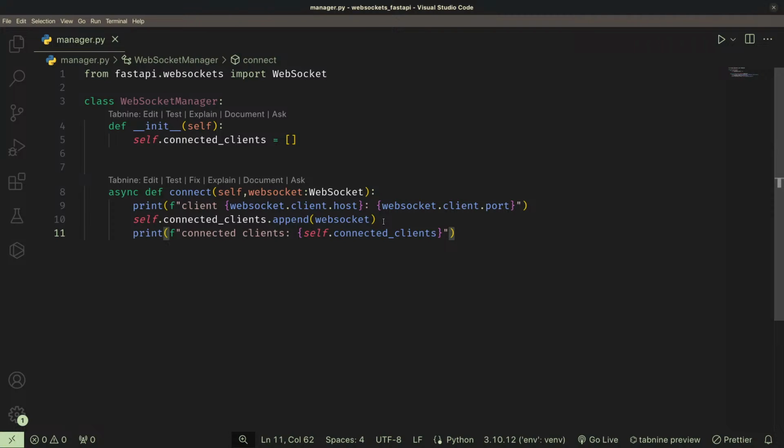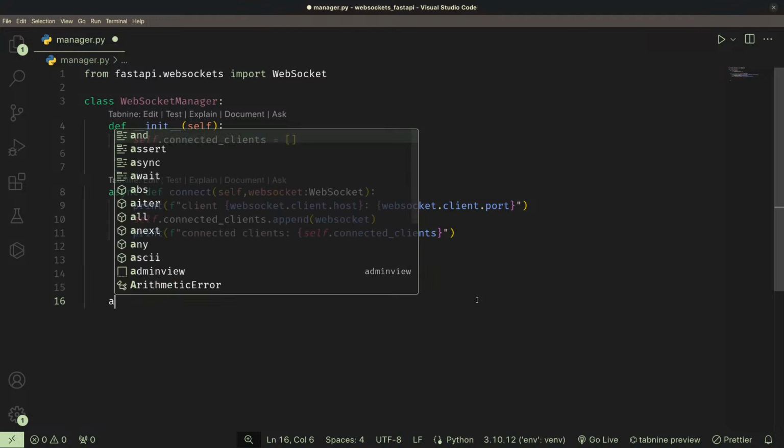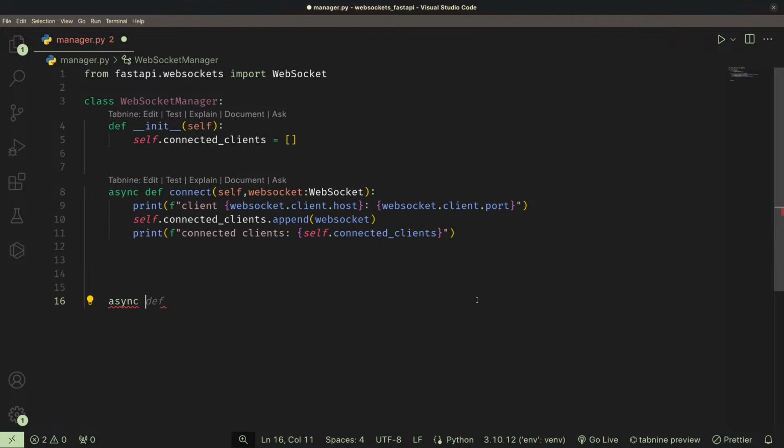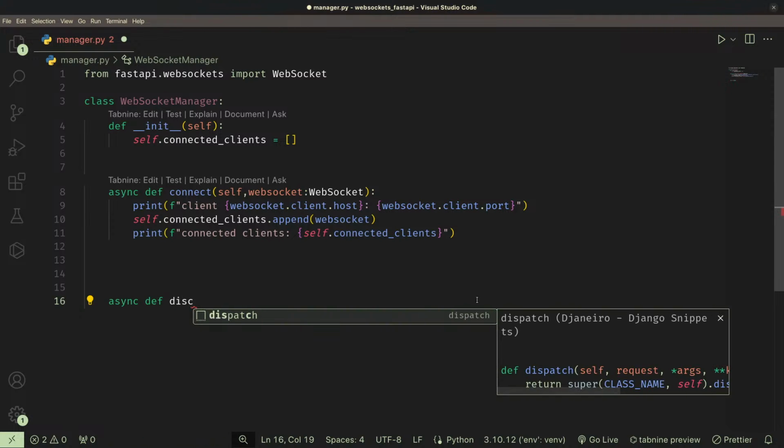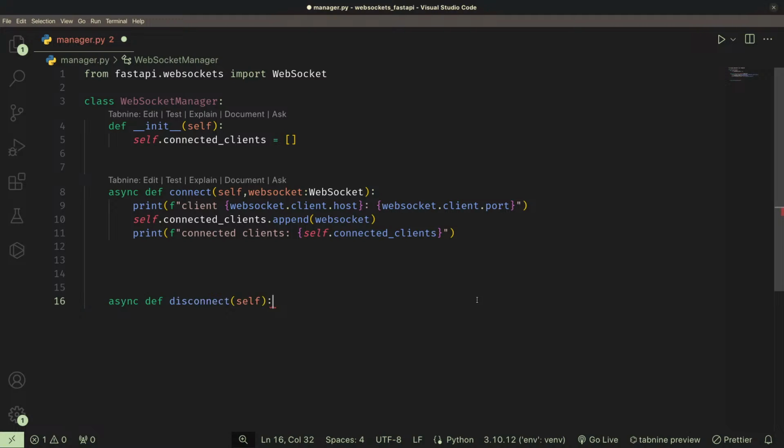So once that is done, we have pretty much handled what we need when we establish that WebSocket connection. Now, the next thing is going to be to handle what is going to happen when a client disconnects from our WebSocket server. So to do that, I'm going to come right here and say async def, and here we shall implement the disconnect method. So this is going to take in self,